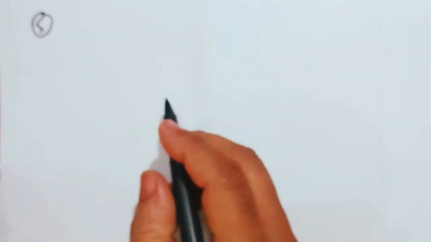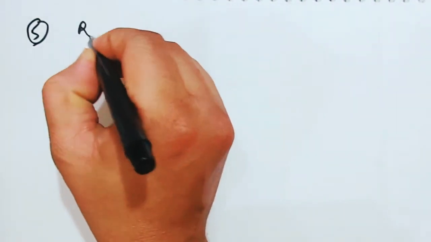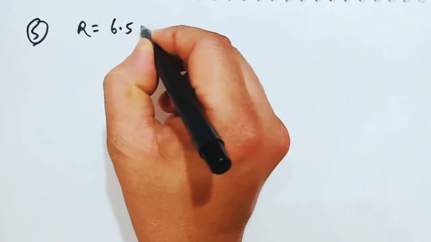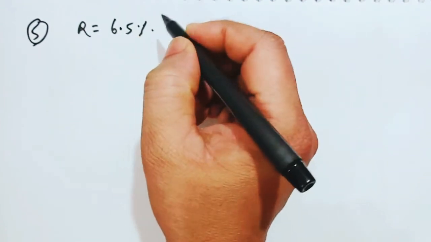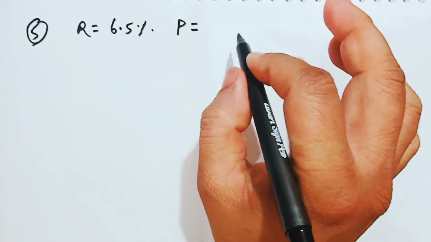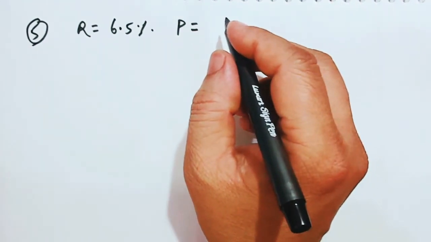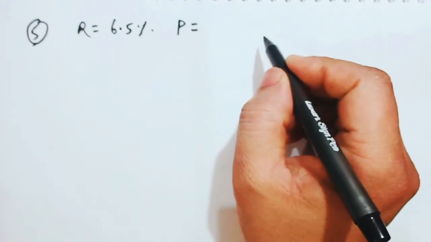Okay, moving back to number 5. Coming back to number 5. What do we have? Is there anything special over here in number 5? Come on. Number 5 says, what sum of money lent at 6.5%? So they have given you a rate equal to 6.5%. What sum of money? There is no clue about the principal. What sum of money lent at 6.5% will produce